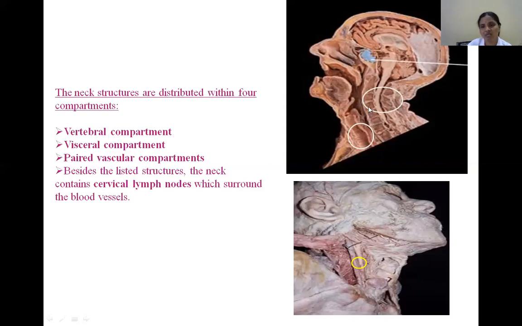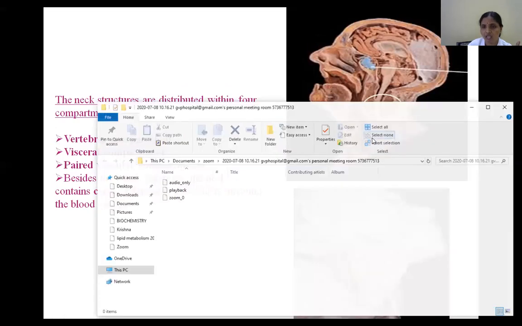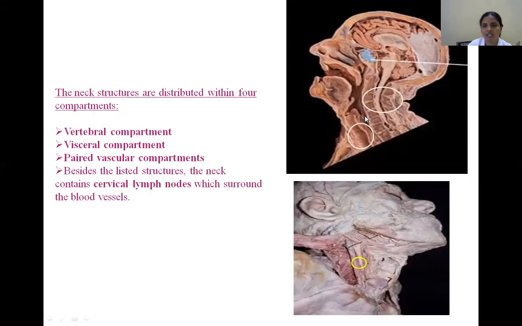And just in front of the vertebral compartment, there are viscera, which are present in the neck region. So what are these viscera? So the viscera are the pharynx, then larynx. Okay, so posteriorly pharynx and anteriorly larynx, and this pharynx and larynx continue, see, at the level of the 6th cervical vertebra. The pharynx is continuous as the esophagus, whereas the larynx is continuous with the trachea. Okay, so these are the viscera which are present just in front of the vertebral compartment. It is included in the visceral compartment.